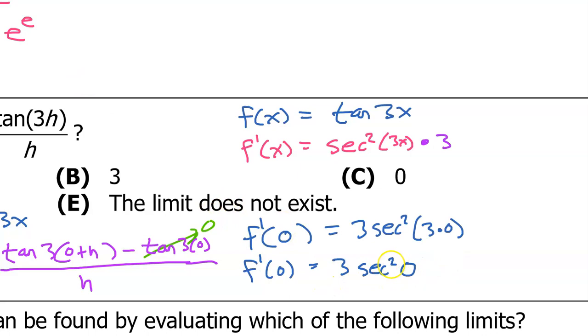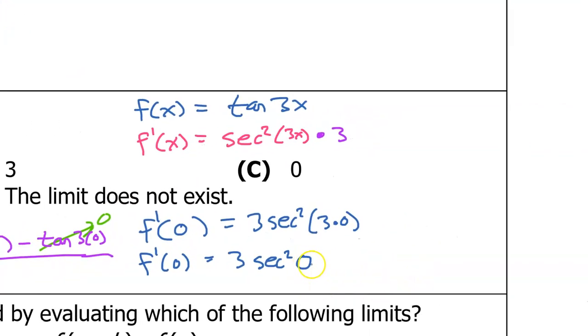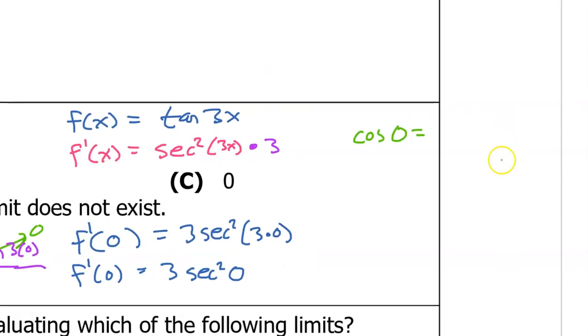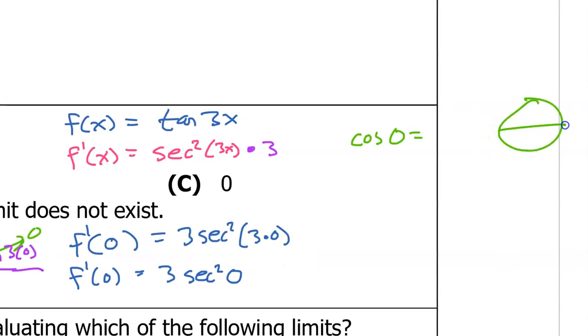So I have 3 secant squared 0. But what is the secant of 0? Well, let me answer your question with a question. What is the cosine of 0? Picturing the unit circle, cosine is right here. That is 1. So the cosine of 0 is 1, which means that the secant of 0 will be the